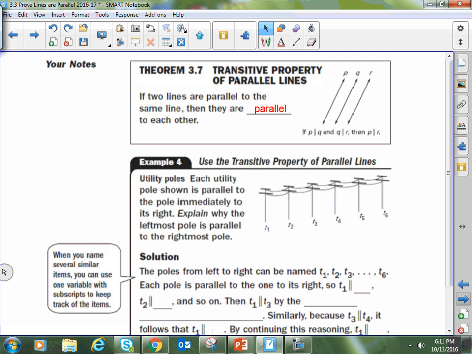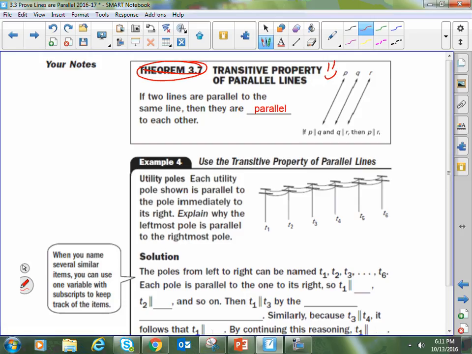Now, to me, this one here is actually kind of silly. Again, Theorem 3.7 is not a real theorem name. That's just something the textbook writers wrote for that one. This is the proper name for what we're talking about: the transitive property of parallel lines. Essentially, the transitive property is saying,